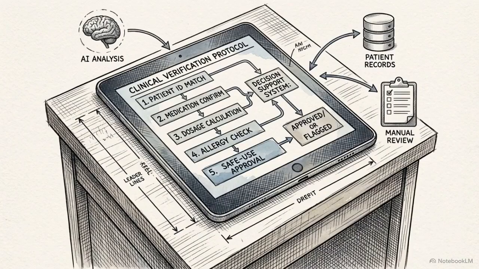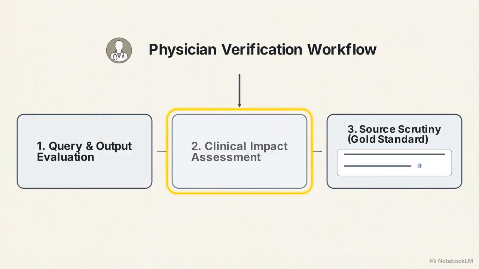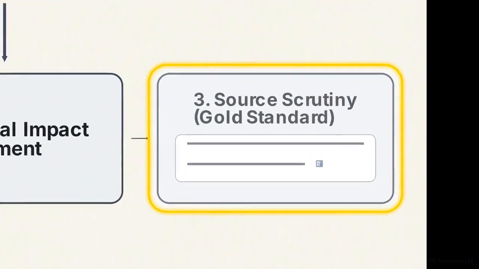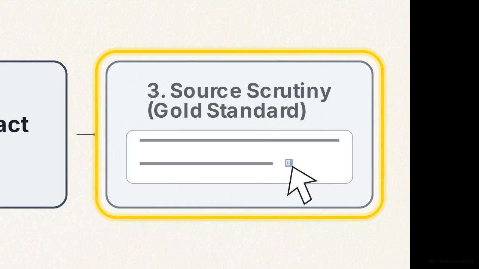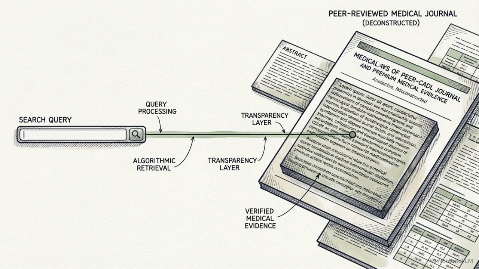To use medical AI safely, clinicians need a structured verification protocol. This workflow requires the doctor to evaluate the query, determine if the answer alters their diagnosis, and scrutinize the citations provided. The most important step is manual cross-referencing. The clinician must physically click the footnote to check the original research against the AI summary. This adds time back into the workflow, but it is the only way to catch errors caused by abstract bias or misinterpretation. A medical AI's utility rests on its transparency.